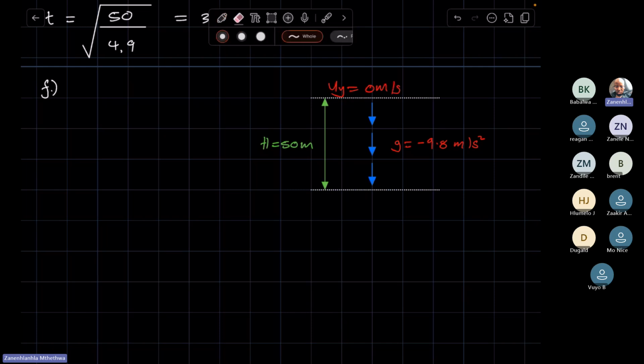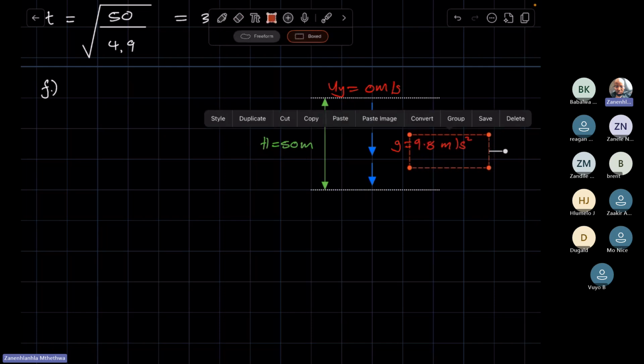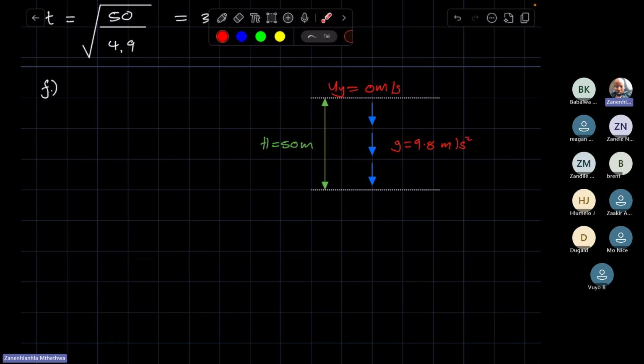The g is going in the same direction as the motion, so it's positive now. So this is positive 9.8. The height is still the same. They are looking for the final velocity before this hits the ground. So we're looking for